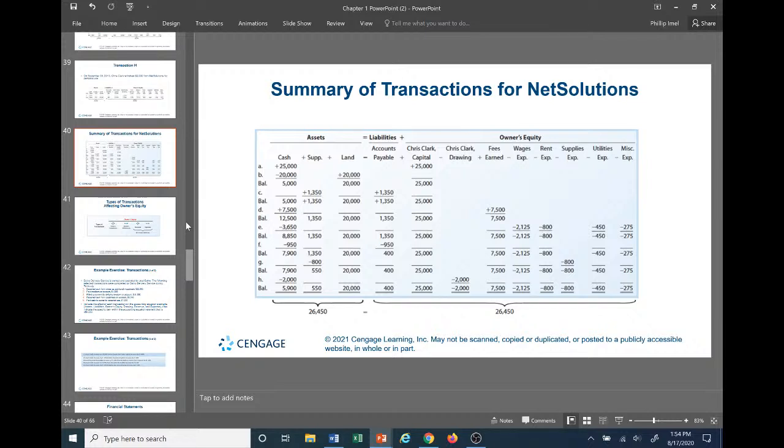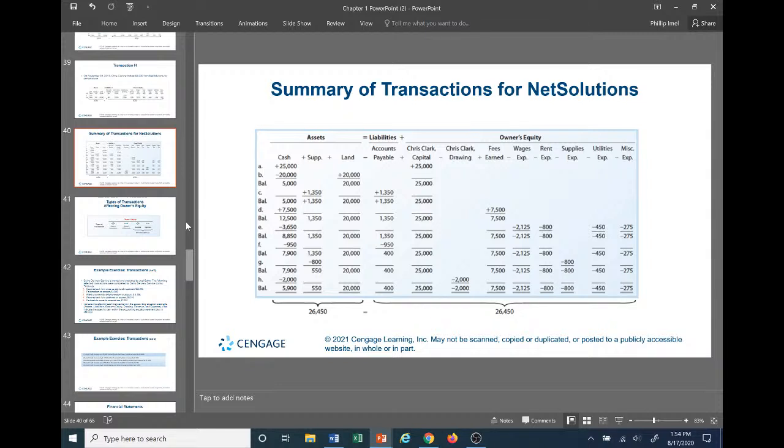I'm not going to go through this summary of transactions for Net Solutions because I feel that it could be too cumbersome and it could confuse what I just went over. So if you want to take time and look at it, it's just a summary. It kind of puts everything in a one-stop shop for you to look and see without flipping through all the other slides. And you can see all the relevant transactions. Like I said, I'm not going to really focus on this because I don't want to confuse anybody. I think it's easier just to stay with the individual transactions and see how they affect the actual accounting equation. So take some time here if you want, look at it. If it starts confusing you, don't even look at it. Just move on or just keep it on the individual items.